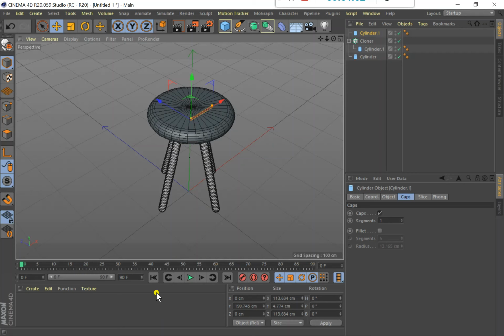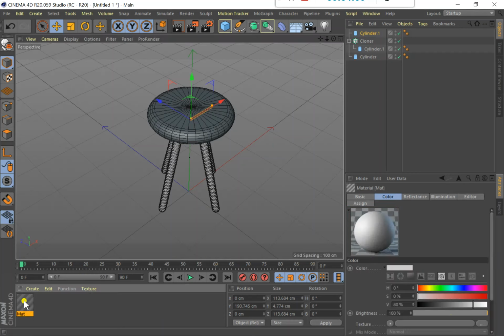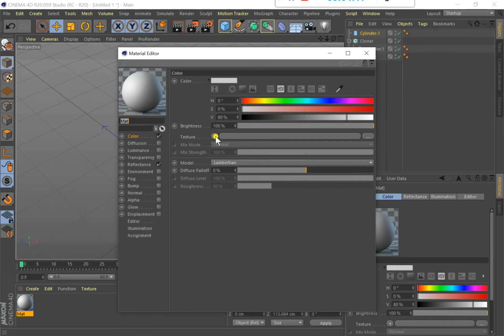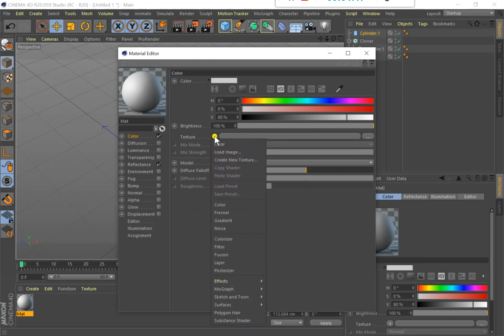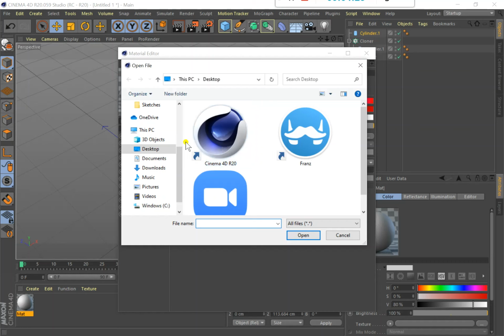Now for the materials and the textures, you need to double click on this portion. Now you have a new material open. You need to double click on this and then go to texture. I have already downloaded some wooden textures from Google Images. You can do that too. I'll just click on load image, then I'll go to the respective image which I have saved over here,